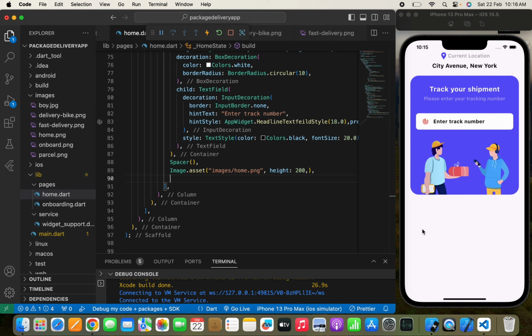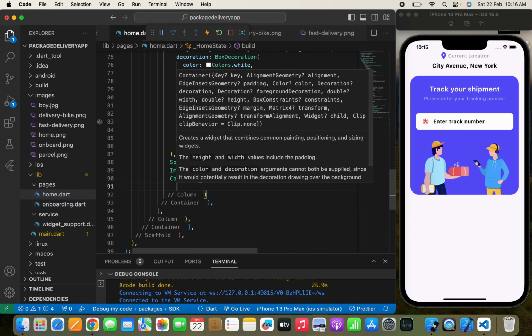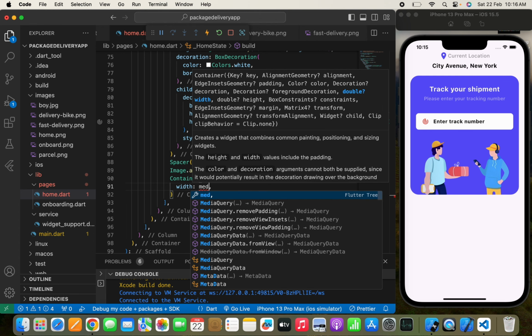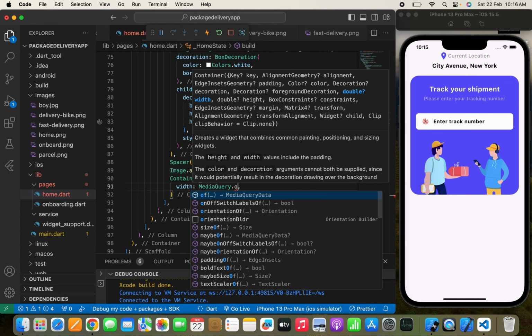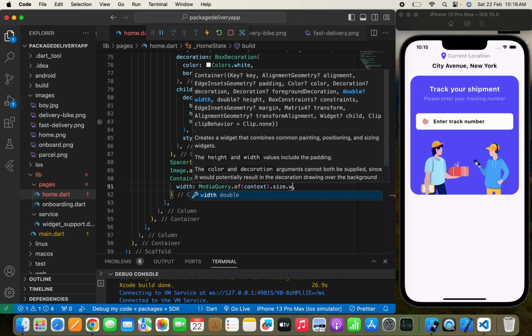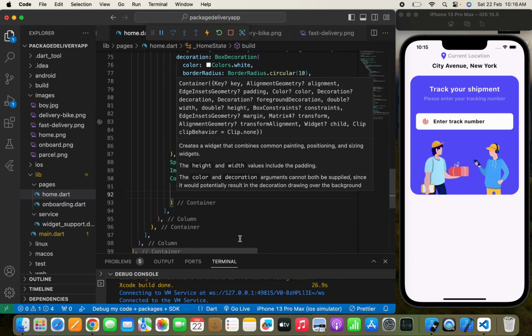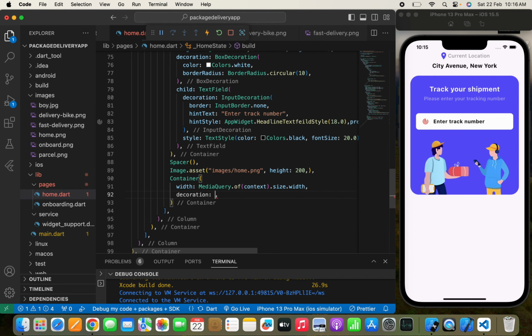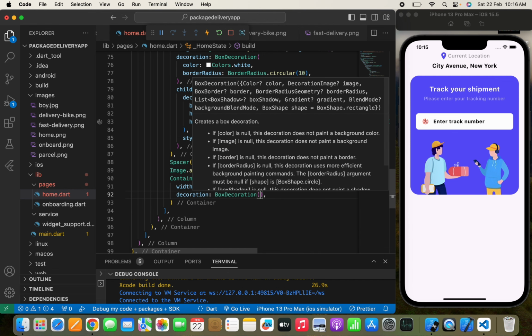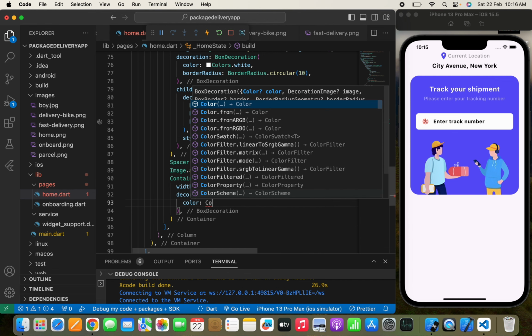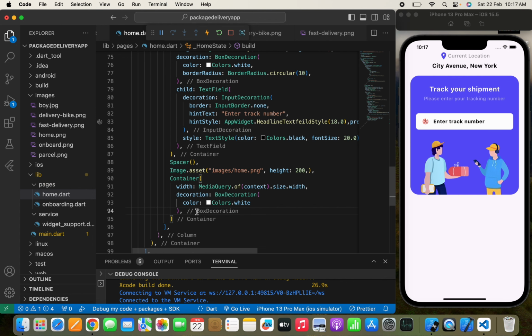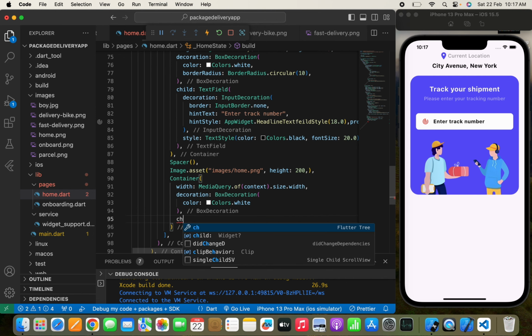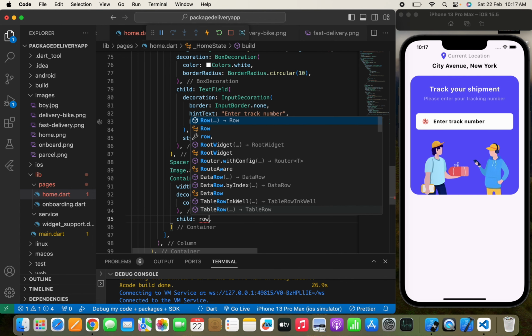Yep, so here I will create one container, and in the container I'll just pass a width. Now in the width I'll write a media query: MediaQuery.of(context).size.width. Once we have passed the width, I can pass a decoration. In the decoration I can pass a BoxDecoration, and simply pass the color to our container. So this is the thing that we need to do, and here I'm going to pass a child,